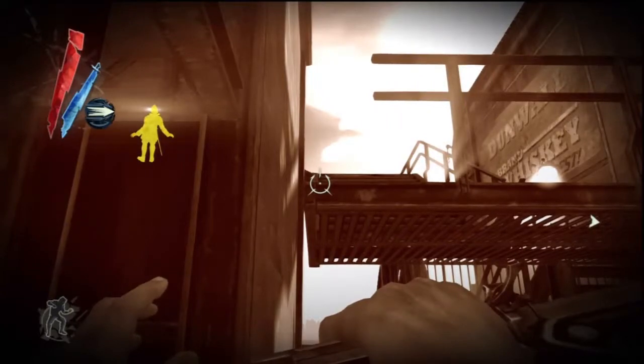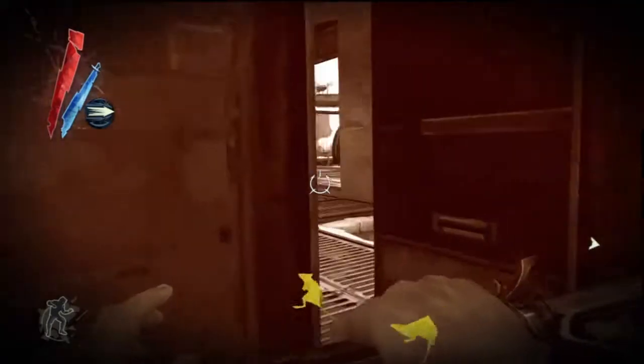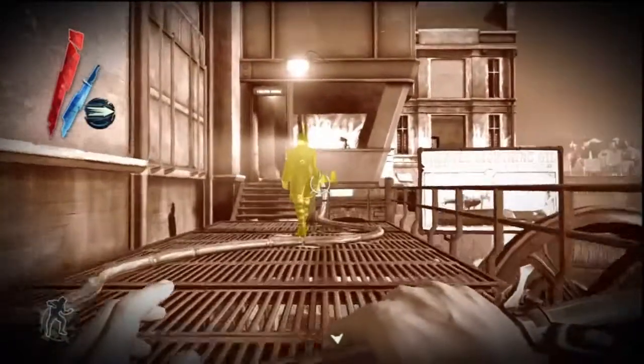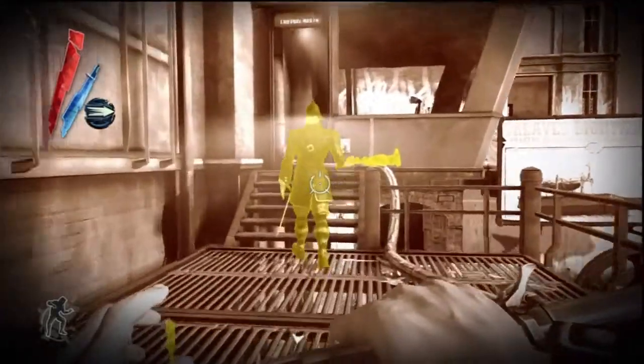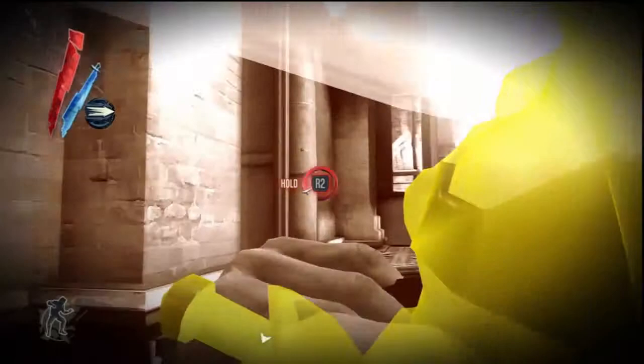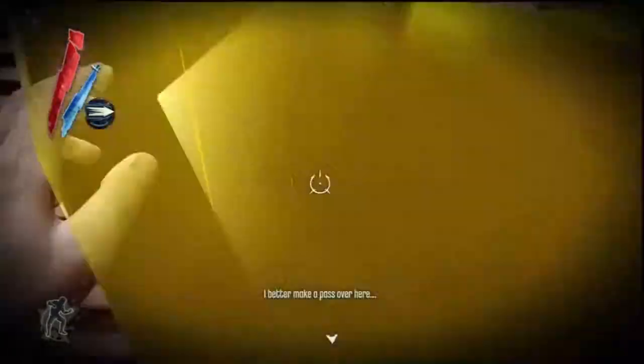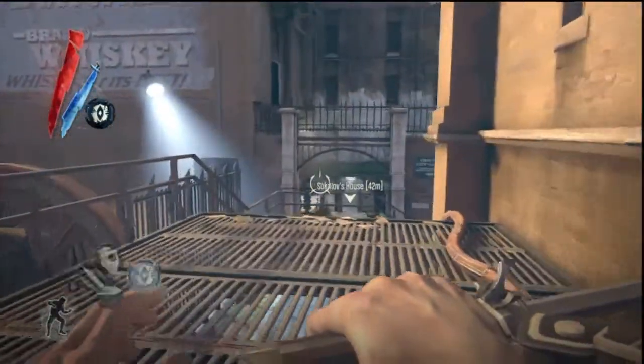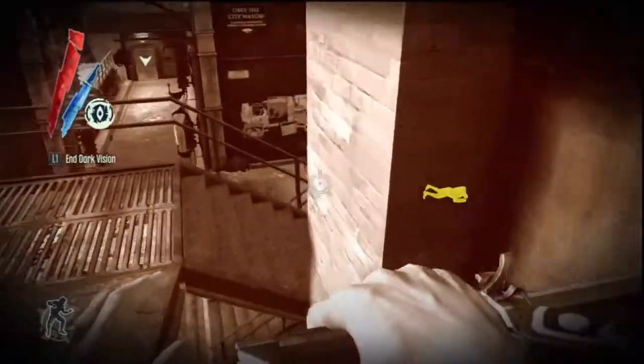So I just hopped up here with Blink. I didn't want to go around and risk being seen by that other guard. And at this point I wasn't really sure if he was gonna come back down or not. I realized that he wasn't. But right here, I think he definitely could have had time to see that body, but maybe not. So drop him down right there, and there's one more guard left,